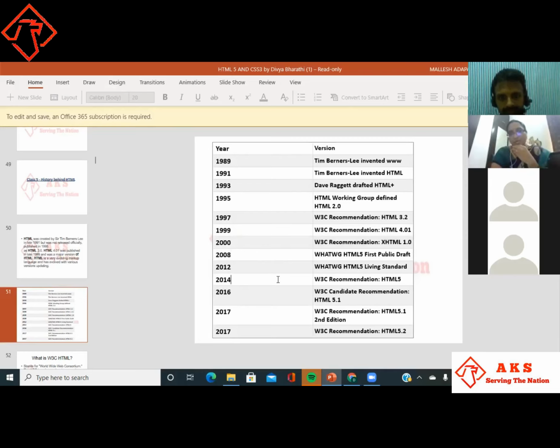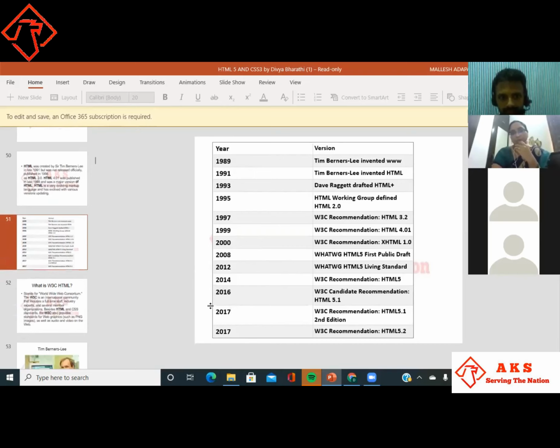In 2014, HTML5 came into the boom. In 2016, HTML 5.1. In 2017, HTML 5.1 second edition was released. In 2017, HTML 5.2 was released. These are the years and versions that were developed.